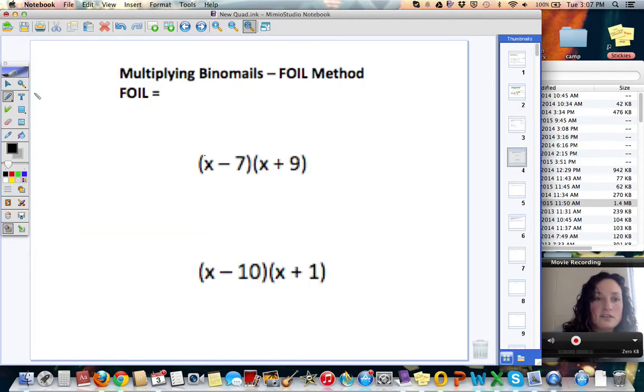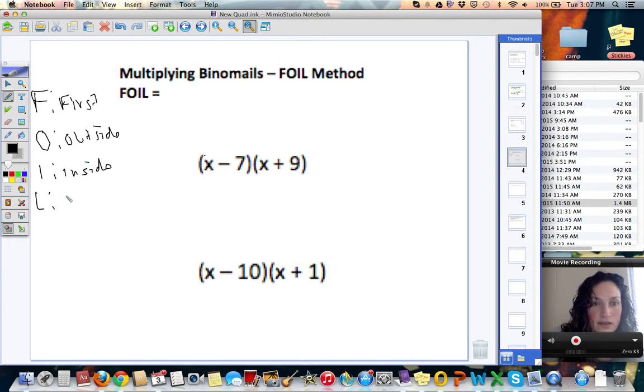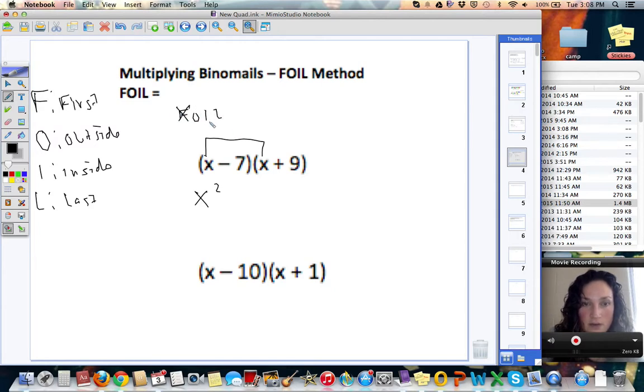All right, so I'm going to write over here what FOIL stands for. F is for first. O is for outside. I is for inside. L is for last, and we'll practice this more in class. So I'm going to go in order. F means first, so I take this first number and multiply it by this first number, and it's always times. So x times x is x squared. I did my F. O, outside. This outside one,